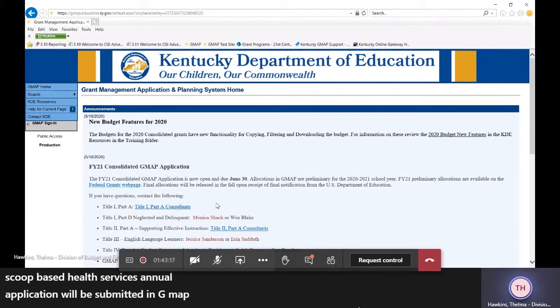For those of you that wear multiple hats in the district, the GMAP application system is our online system, which is primarily used for districts to submit their federal grant applications for Title I, Title II, Title III, Title IV, Title V, Perkins, and IDEA, and we also use it for several federal reports. So the system is pretty much user-friendly, and as they stated, you will receive step-by-step directions.